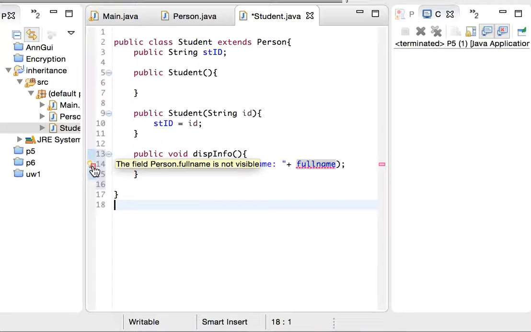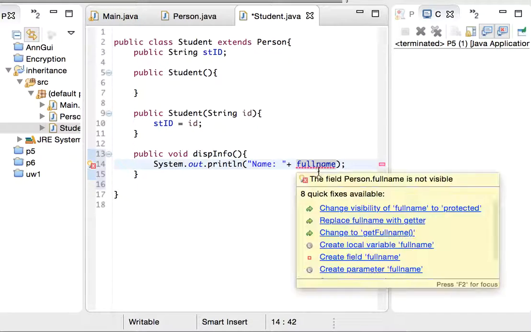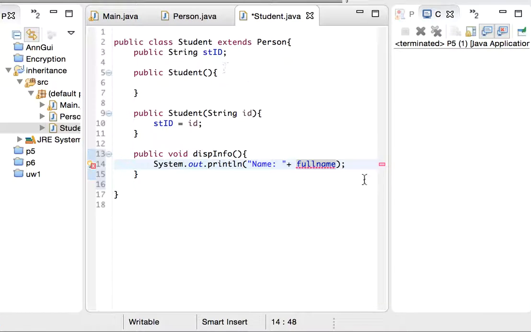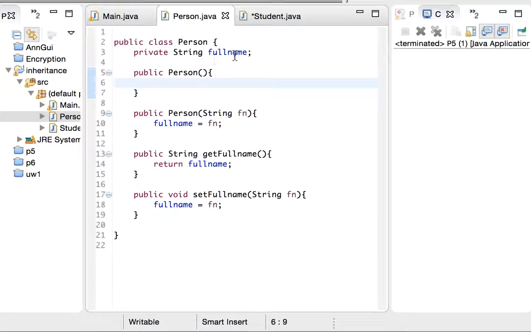No, it complains. What does it say? The field Person.fullName is not visible. So this is fullName, but there is no fullName in the student class because every student is a person. So a student must have a full name, but I cannot access it. It is because fullName is private. So even if this is a subclass of person, from the student class I cannot have direct access to fullName. If I make this protected,